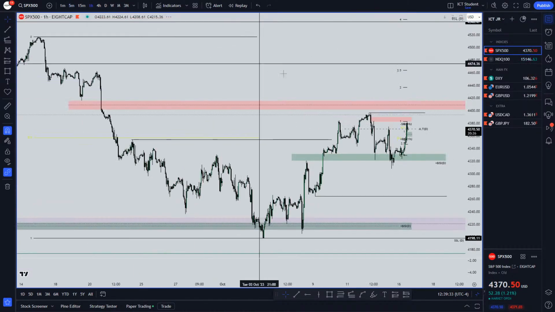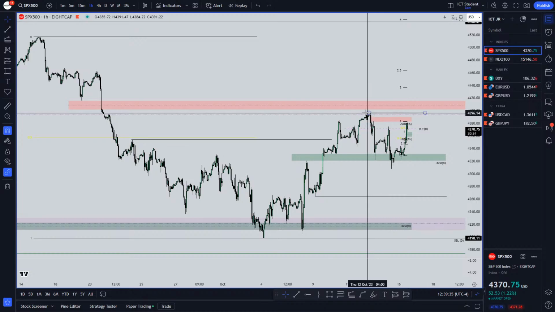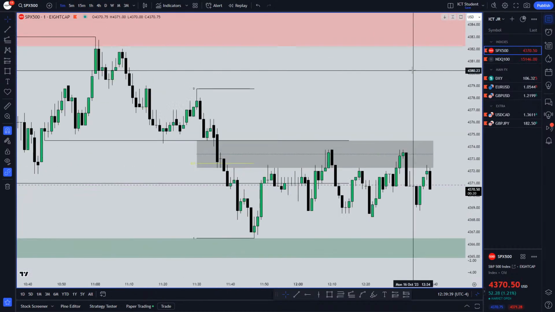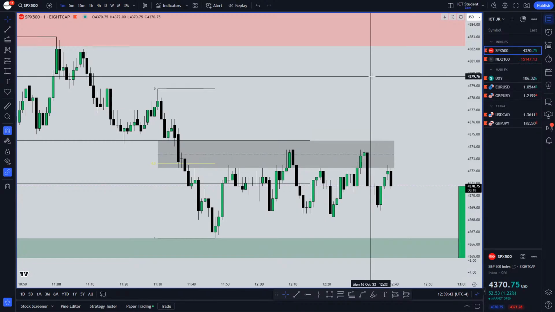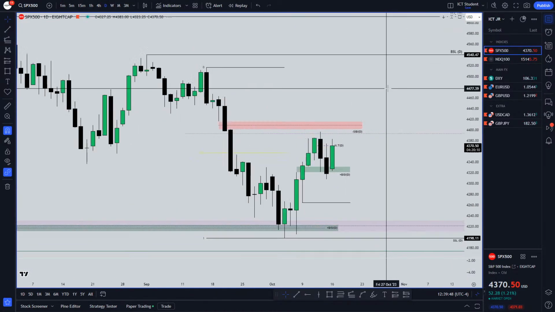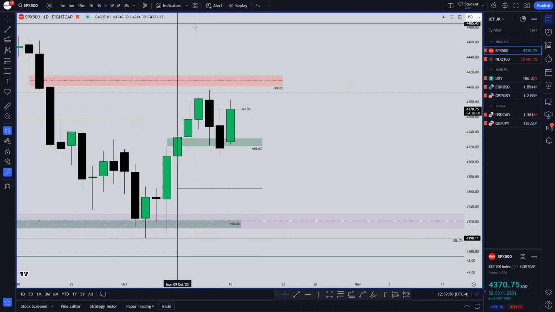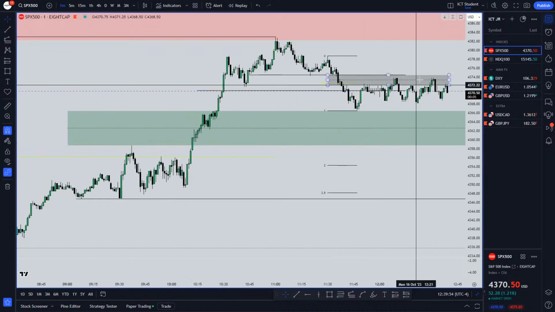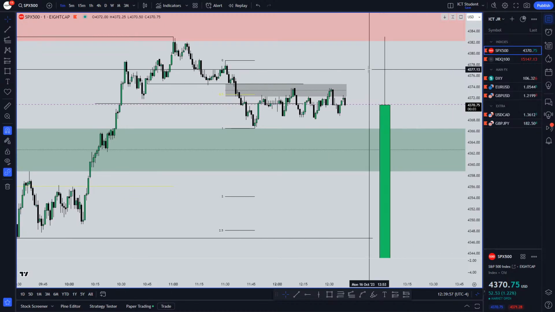I want to see this 1 hour sell side imbalance here get taken out with this buy side imbalance here, and eventually just be on the sidelines. Use that as an inverse, or if not, drop lower and continue lower. That's pretty much what I'm watching, Mocha. But again, we have a daily order block here. The mean threshold of this daily order block is holding. I just want to see it reject more now. Rejection is key here. I want to see signs of rejection.